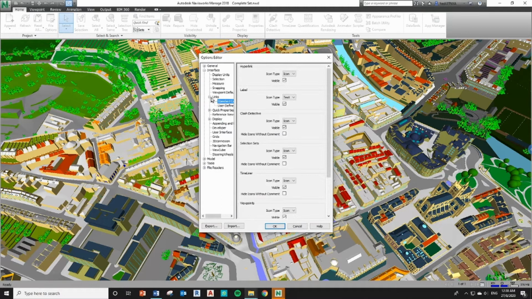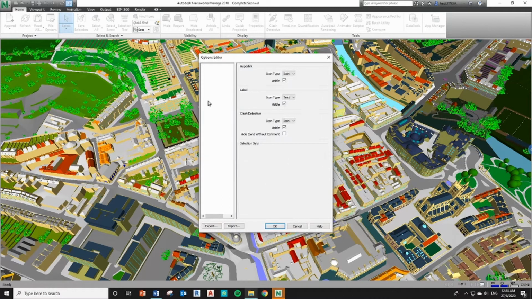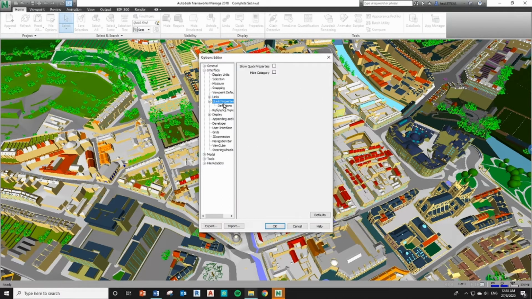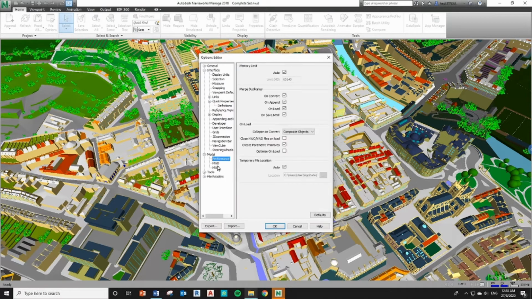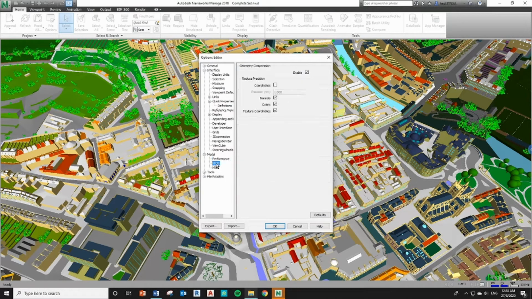If you intend to place links, this will be an important one. And also we've got quick properties, which can show all our quick properties. We've got our performance also over here, NWD, NWC. If you want to place our coordinates and we do not want to reduce the precision, do not tick here.